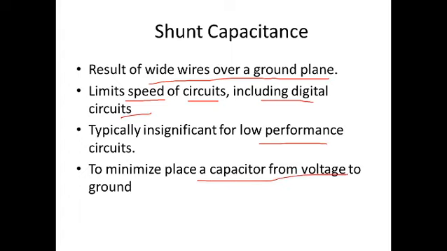So if you connect another capacitor in the circuit, then what will happen? That will try to reduce the capacitive effect there. What ultimately you want is to reduce the value of the capacitance. How can you reduce it? If capacitors are connected in parallel, their values are added. If capacitors are connected in series, their value will decrease, isn't it? So you are putting another capacitor in series so that it will minimize the capacitance.